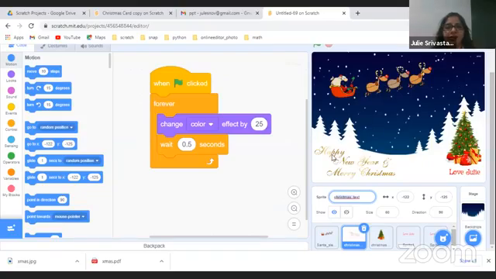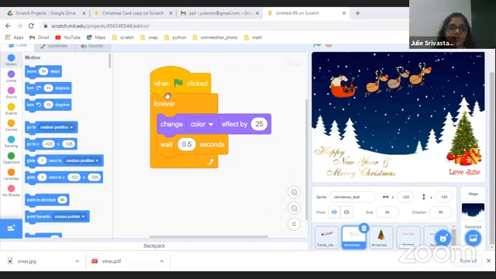You need to click on the text to drag it down. And the most important thing that we need to do first is decrease the size. The size option is just above the sprite. And you change it to 60. Okay. Once we finish that, we want to do the color effect for Happy New Year.